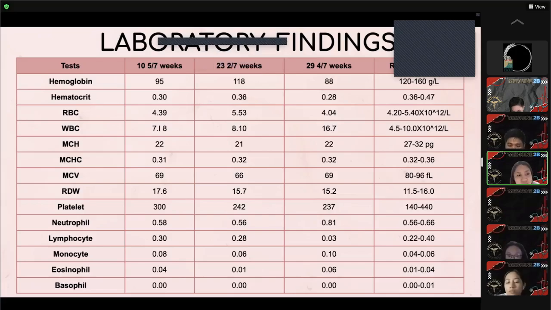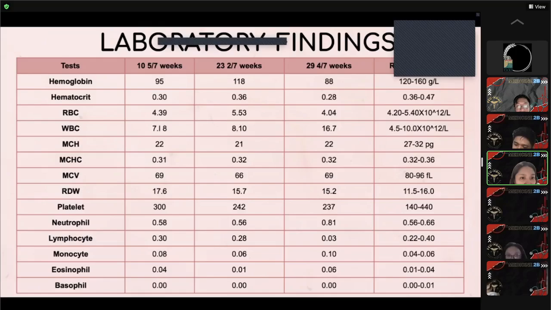First is the hemoglobin. The hemoglobin is low all throughout the three weeks that the patient was tested. For the hematocrit, it is low only at the 10th and 29th week. For the RBC, it is decreased at the 29th week of gestation. And the patient's WBC count during the 29th week of gestation is